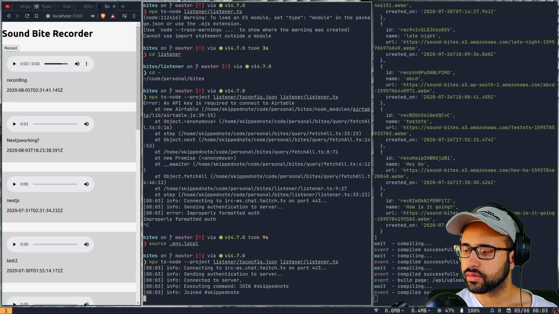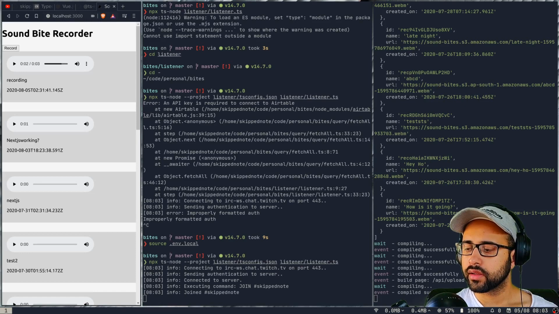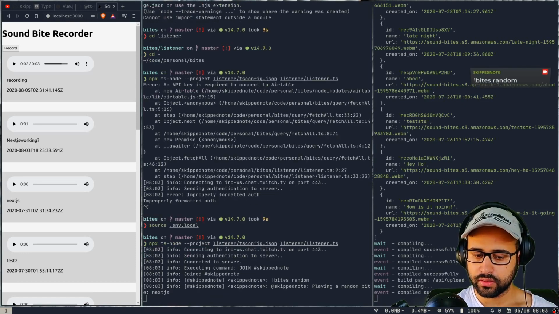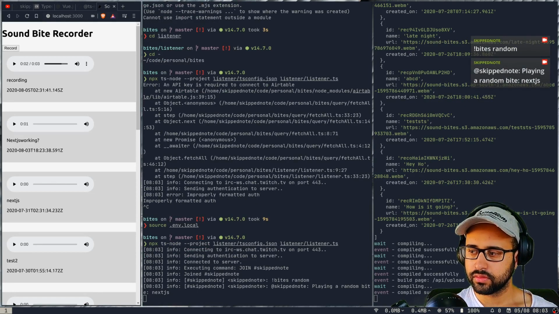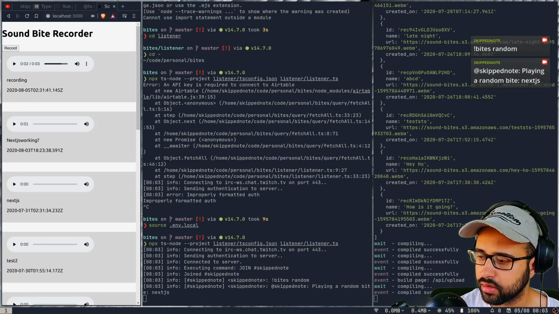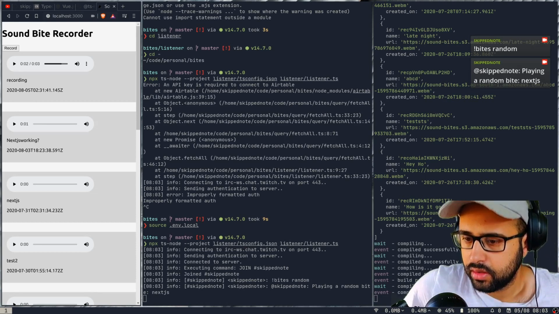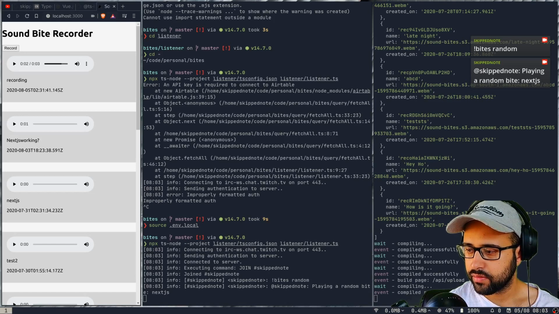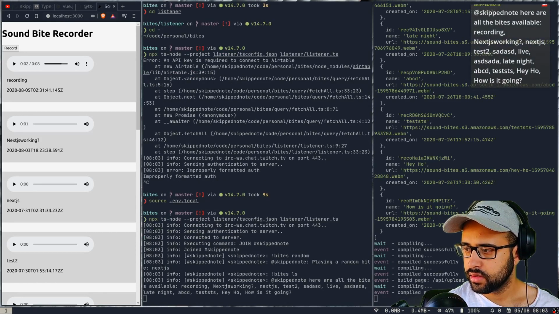So source environment variable, let's try this out now. Okay, so now if I send this message out, next, yes, okay, so that worked. Let's try a specific command, first ls, so we get all these sounds. Then we say bytes live, or we just did recording, right?